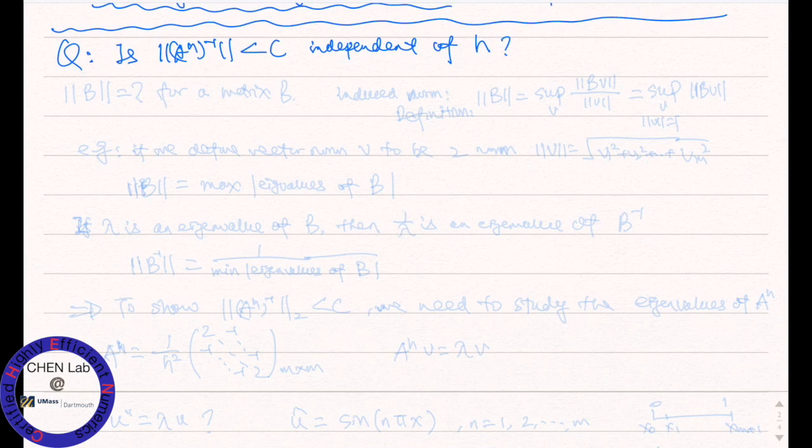Next, let us show that. First of all, what do we mean by a norm? That's a little bit of linear algebra. What do we mean by a norm? For a matrix B, the matrix norm is actually a so-called induced norm. I'll just spend a couple of minutes on that. The induced norm